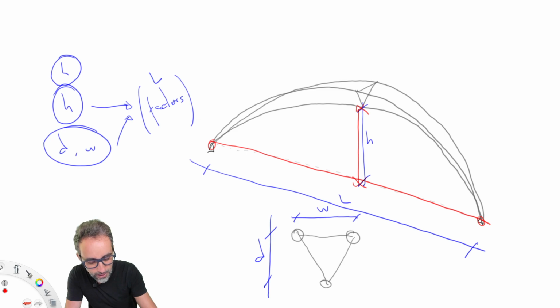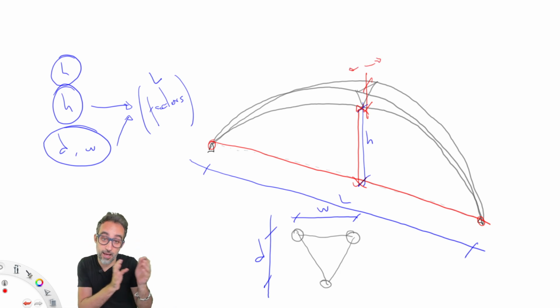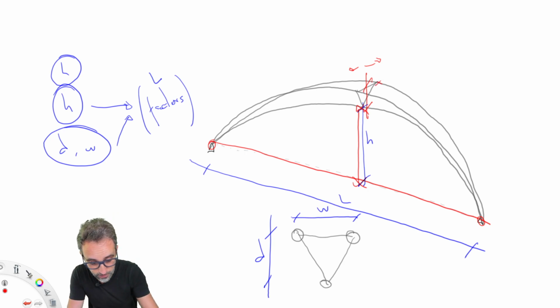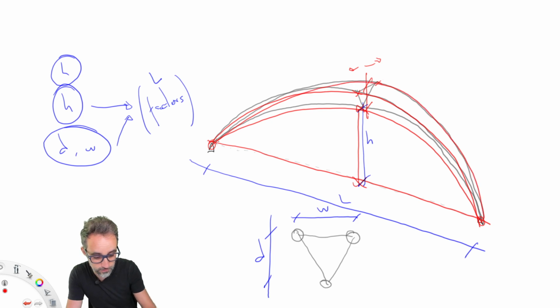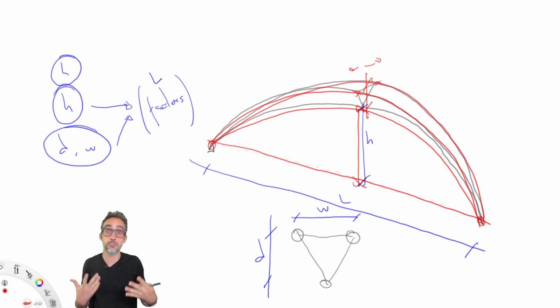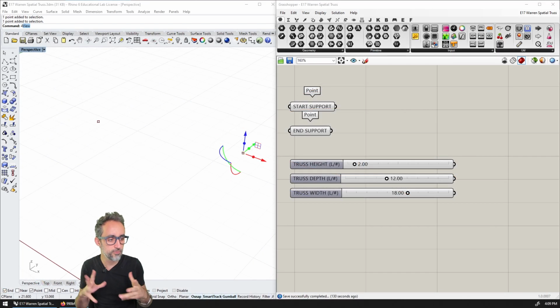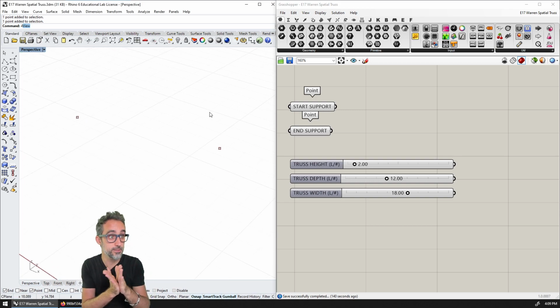Then that point, I will move it up a controlled distance, which is going to be the depth, and I will move it in the 2 directions, half the width and half the width, so that I can create the 2 points here. Then I can create an arch between these 3 points, another arch between these 3 points, and another arch between these 3 points. Those are going to be the 3 main arches that I will use in the rest of the definition for calculating all the bars and all the structure inside of the truss.